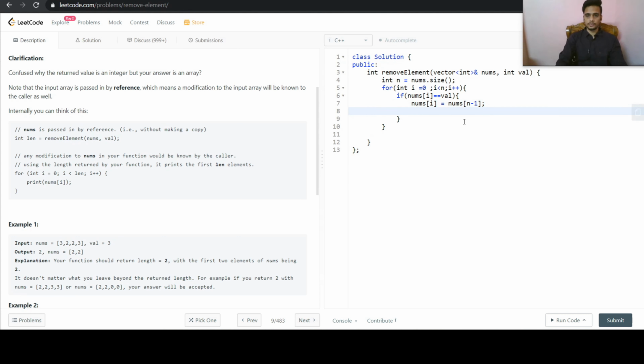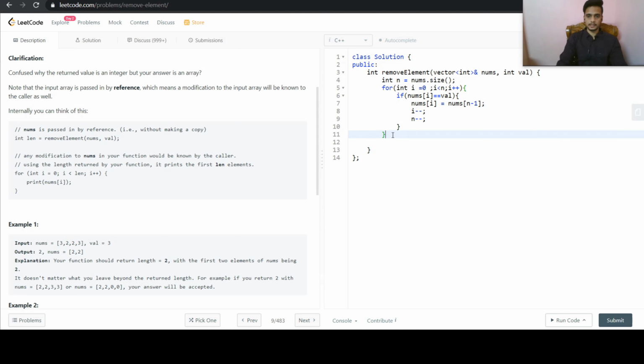So next what we will do is i minus minus, because we need to check again whether the last value was this value again or not. So we reduce the value of i, we do i minus minus, and then we need to do n minus minus also, since we have already consumed this last variable, so the length should be reduced.